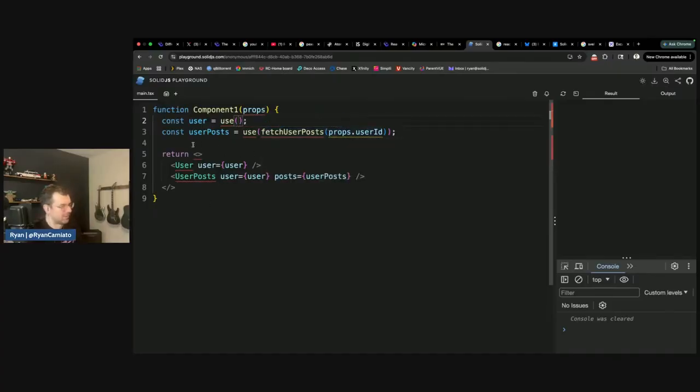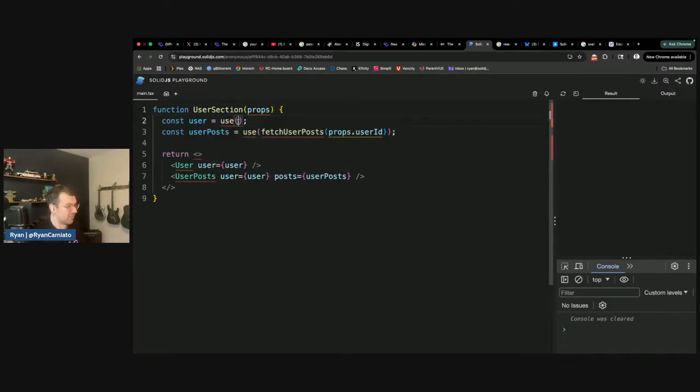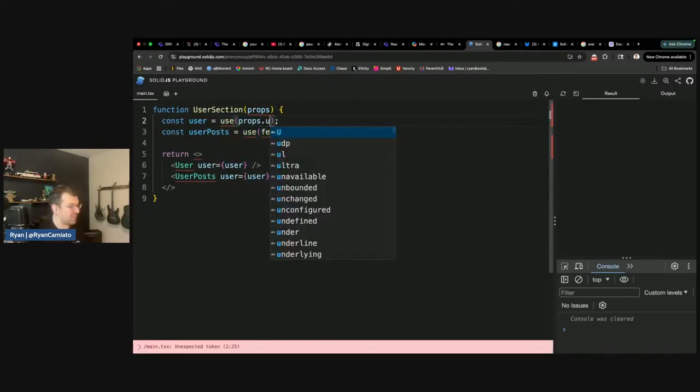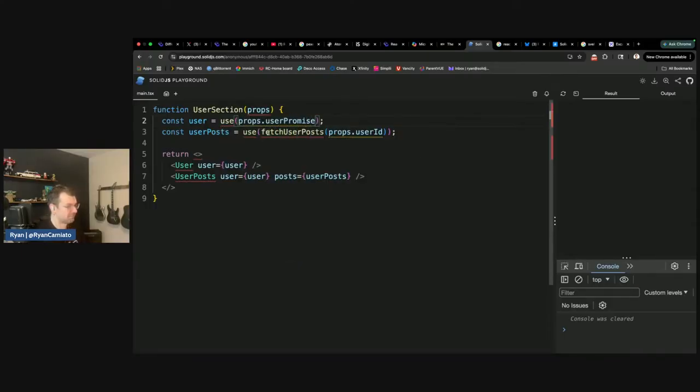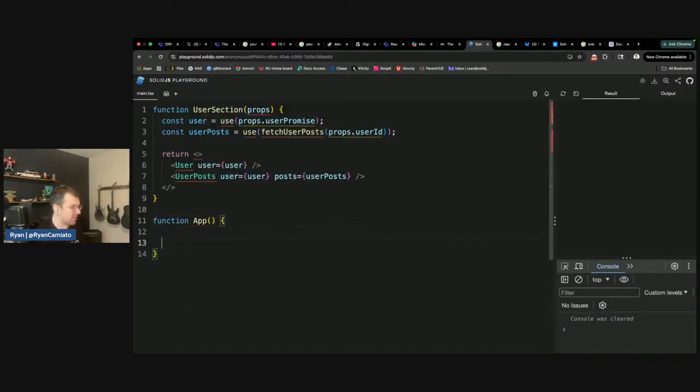So realistically, this is our user section component. So we could go props dot user, user promise, and then we can go somewhere up here. We'll make another thing, let's call it app for now, and I'm going to assume the app knows about the ID here from its props. I mean, I don't even know what to call this. It's not even an app. It's like user page